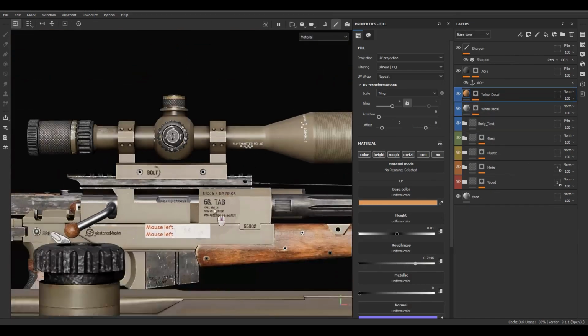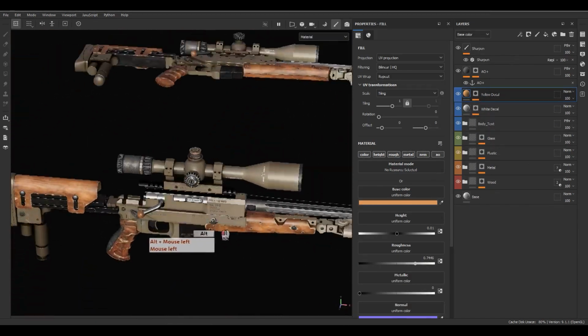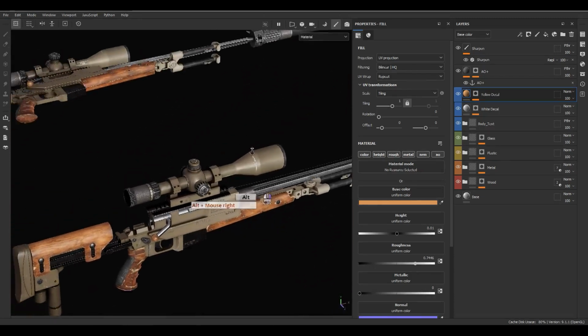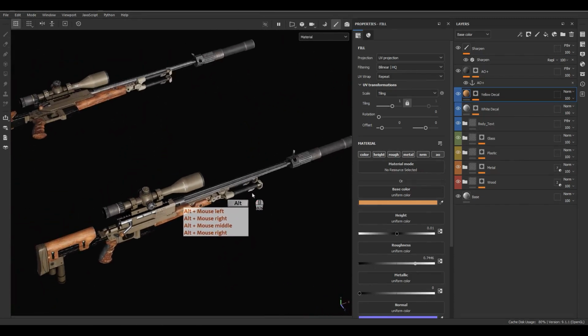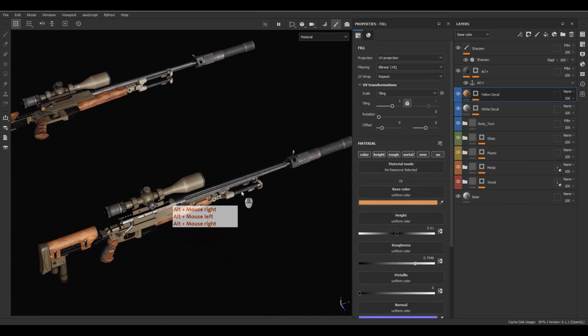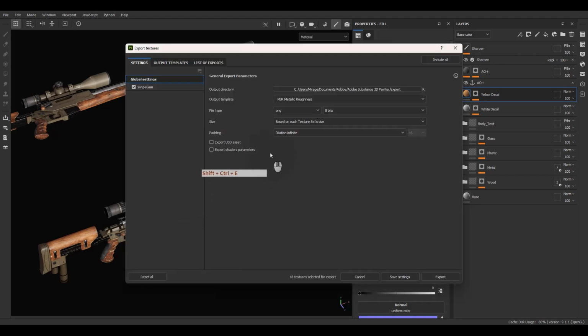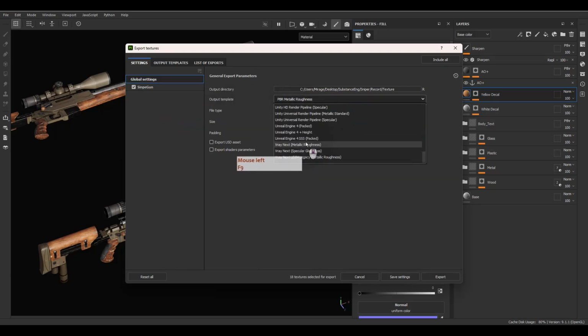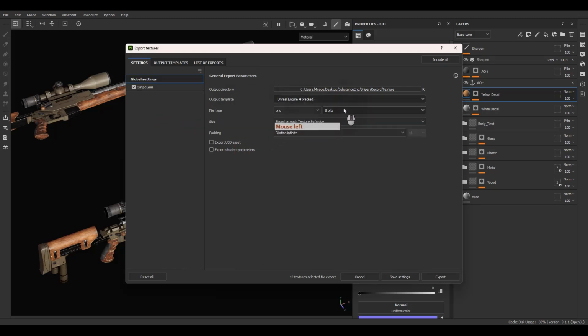So we are done here. We did all the things that we need on this model, and now it's time to export it and be ready to present this material on this model inside Marmoset Toolbag. So let's export it, and I'm going to set a directory for that. Okay, and the output template should be Unreal Engine 4. Okay, 16 bits, PNG, 4K, and